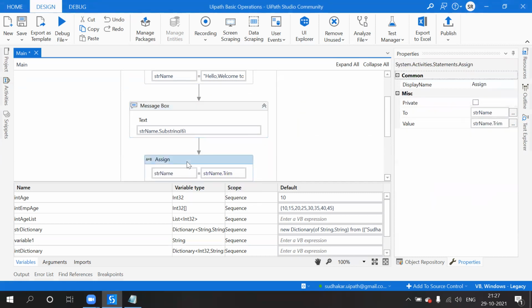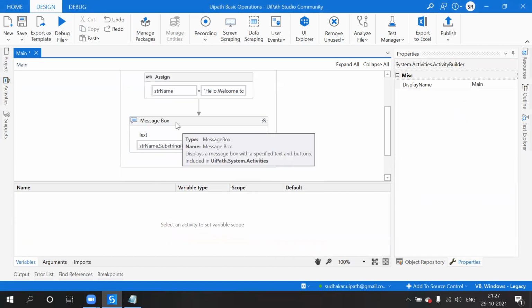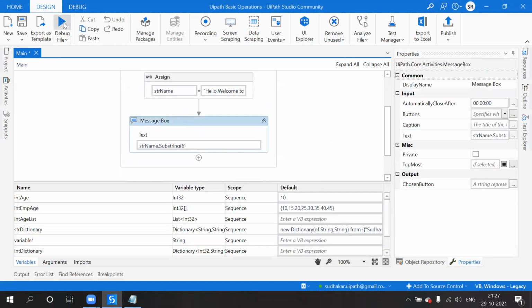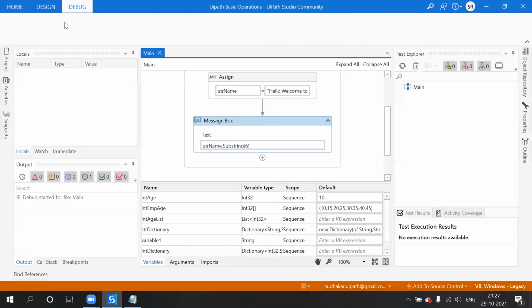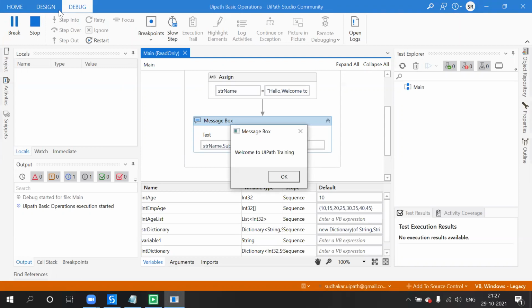So now I am going to get only welcome to A Path Training, because I don't want to fetch hello and then the comma.